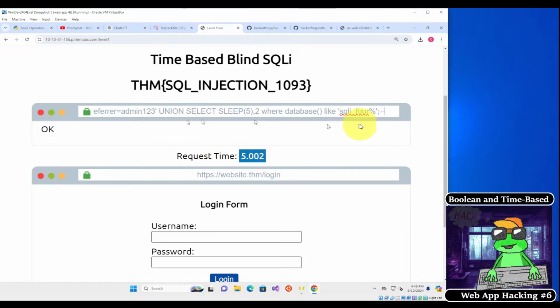So if we know this, we can follow all the steps that we did previously, except that everything is going to take 5 seconds to respond. So that's a bit of a pain. What we're going to do is skip to the part where we know everything except for the password. Okay. So let me grab the payload that we need. So over here,